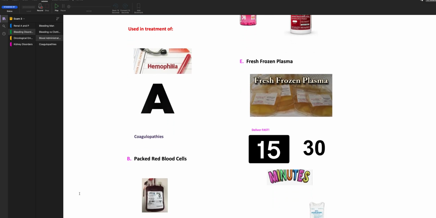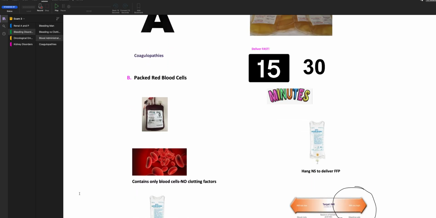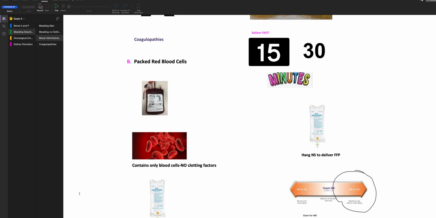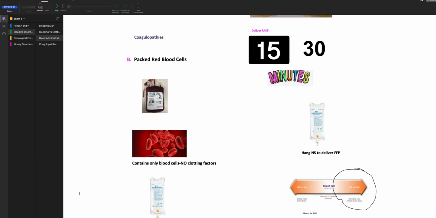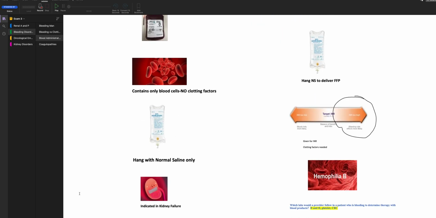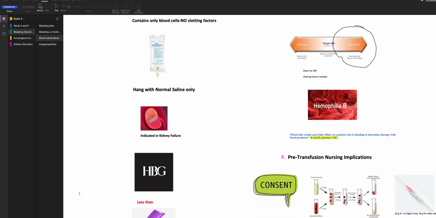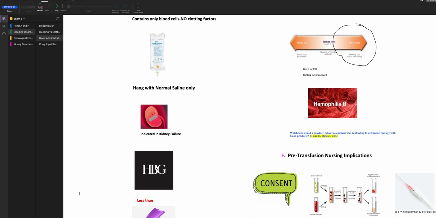Packed red blood cells. Okay, so these would be used for people that have massive trauma. You got to remember it doesn't contain any clotting factors. So if somebody has massive trauma and they're getting a lot of blood, at some point somebody needs to say, what about some FFP? So that they can get the clotting factors. Remember, hang with normal saline only. And lots of times patients will get